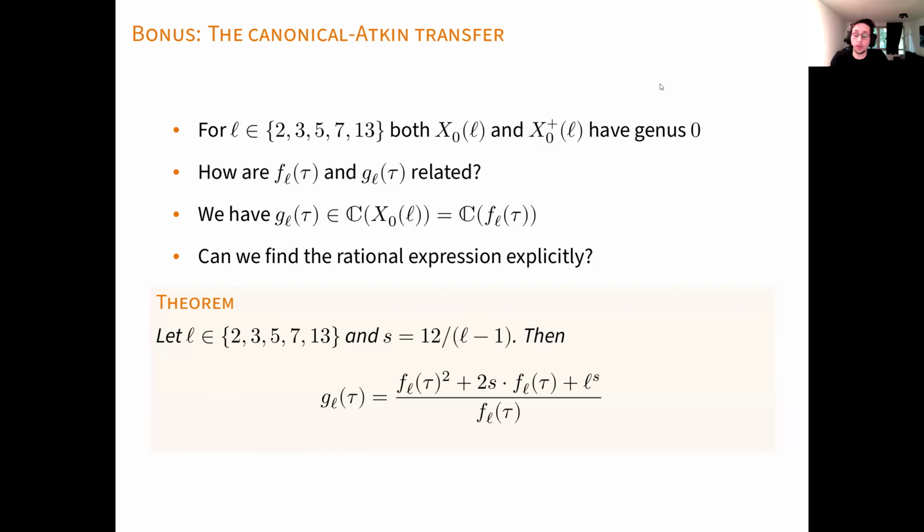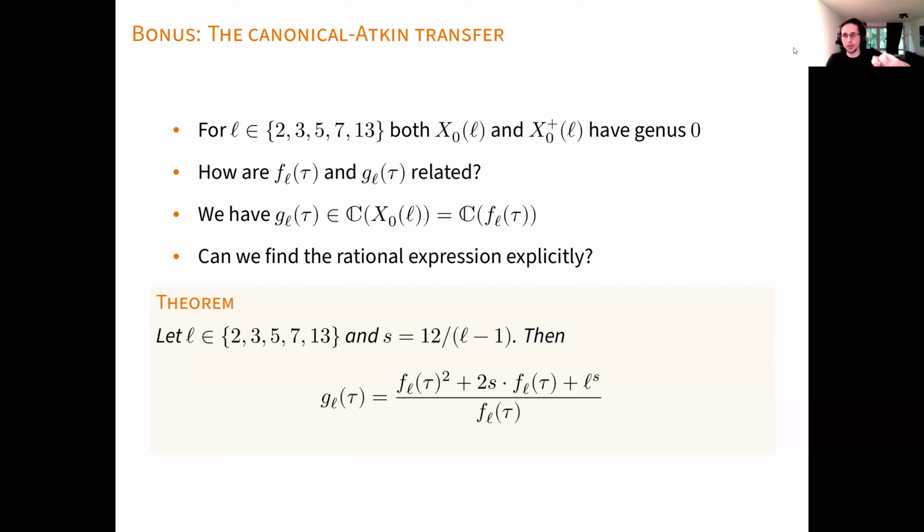And of course, G_L(τ) is a rational function in the function field of X_0(L), so it's somehow a rational expression of this F_L(τ). And by a very simple approach of doing some arithmetic with the polynomials, one can actually compute this representation of G_L(τ) in terms of F_L(τ) explicitly via this formula that we see at the bottom. And the nice thing also, or the thing that should be expected, is that this expression is invariant